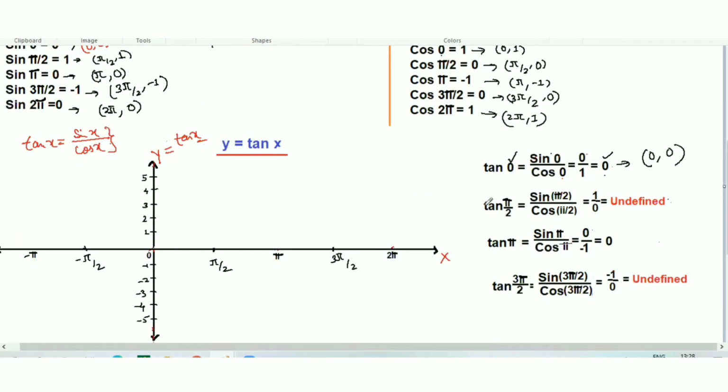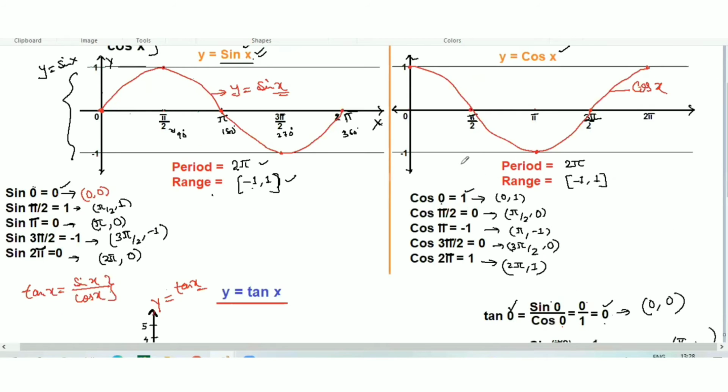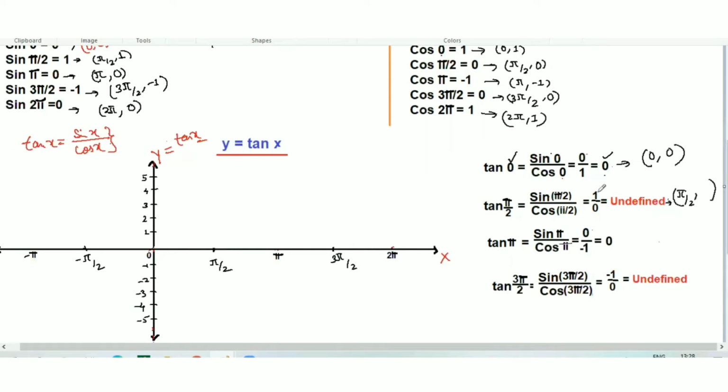Now see the second angle I have taken here on the x-axis: pi over 2. So tan pi over 2. So the x coordinate point will be pi over 2. Let's find out what it is for y here. So tan pi over 2 is equal to sine pi over 2 over cos pi over 2. Sine pi over 2, see here, this is the sine graph, sine pi over 2 is equal to 1, and cos pi over 2, if you come to the cos graph, is 0. So the formula here gives sine pi over 2 is 1 over 0. Anything over 0 is not defined. This is undefined. So here we can't say anything.